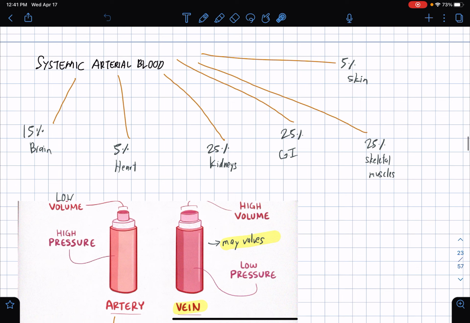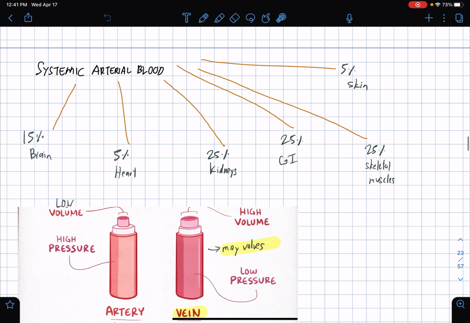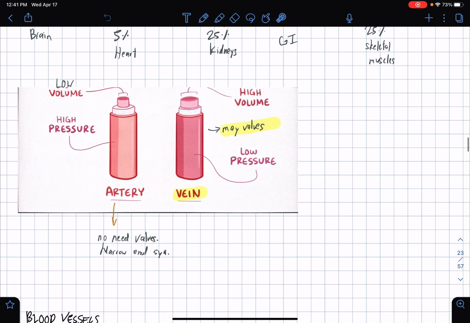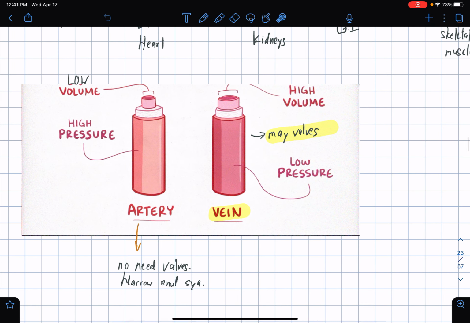So let's go to systemic arterial blood. 5% goes to the skin, 25% goes to the skeletal muscles, 25% to the gastrointestinal tract, 25% to the kidneys, 5% to the heart, 15% to the brain. So that's the distribution. And one thing to know regarding the difference between arteries and veins is that for veins,